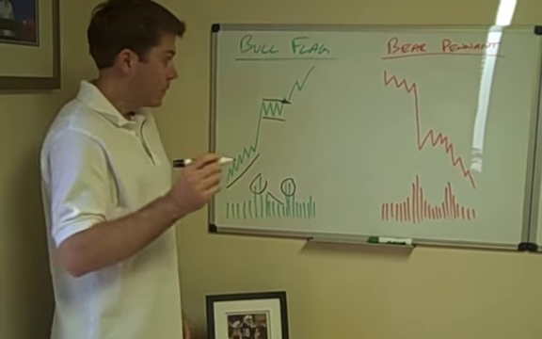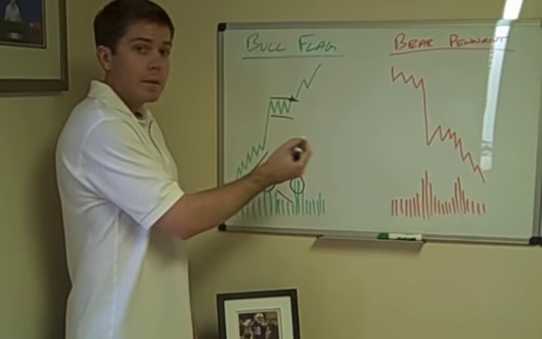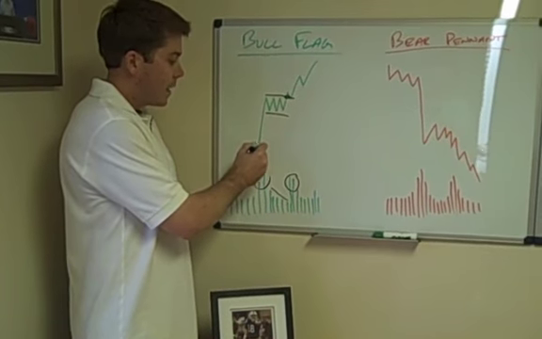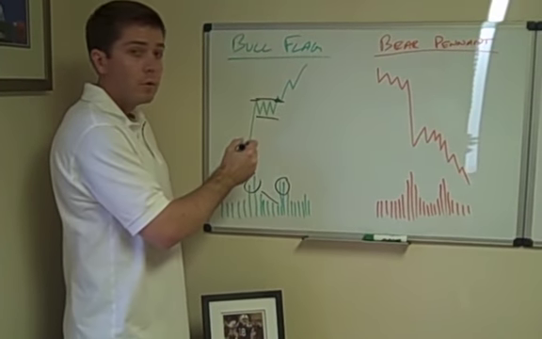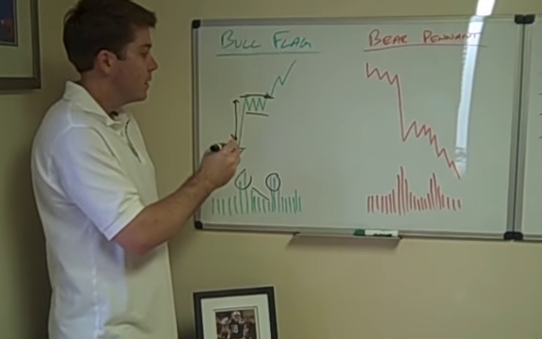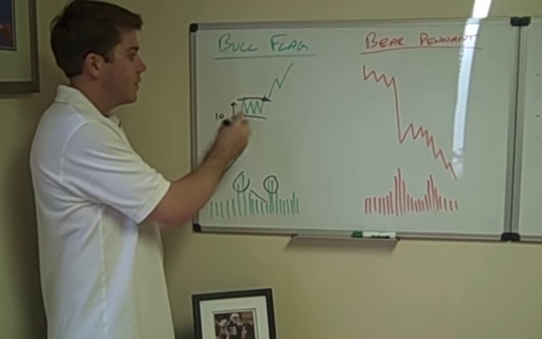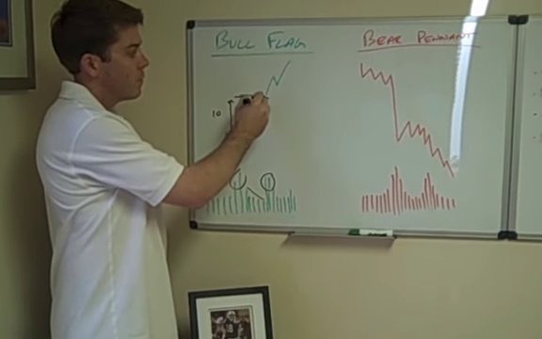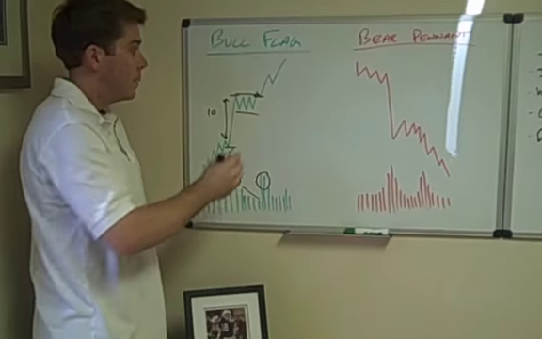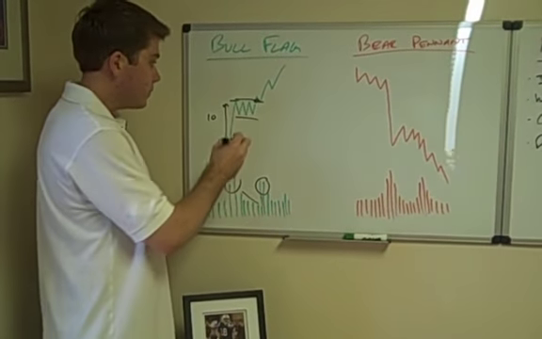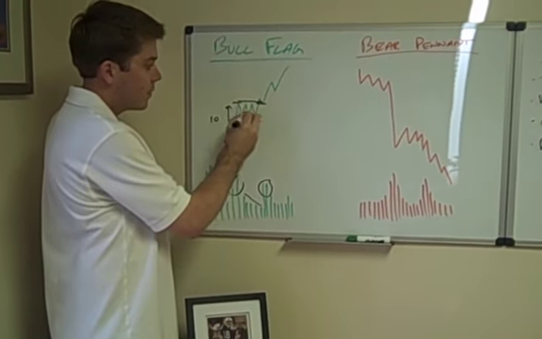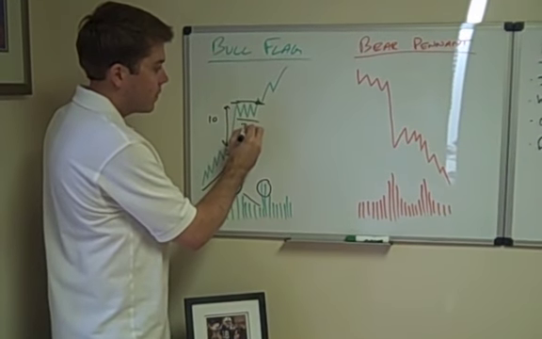So a couple important things. To measure the move, very similar principles as we've had before, you want to look at the actual height of the flagpole in this case. So from the start of the flagpole to the top of the flagpole, and if that's 10, then you're going to expect a 10-point move from the top of the flag consolidation. Another thing to mention, in these bull flags, typically when you're creating the flag, it will retrace 38.2%